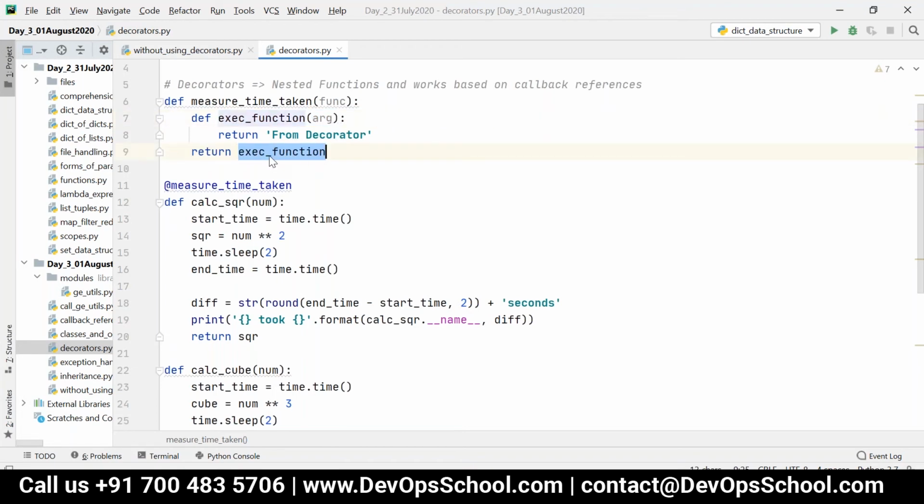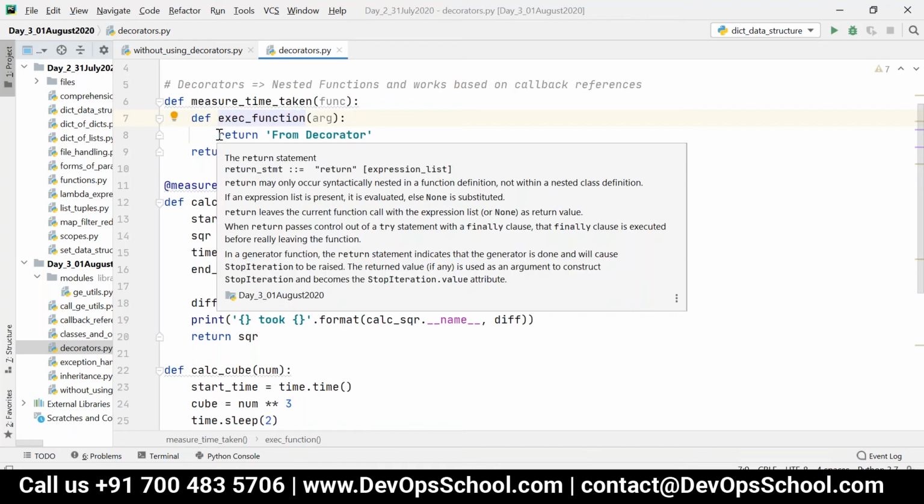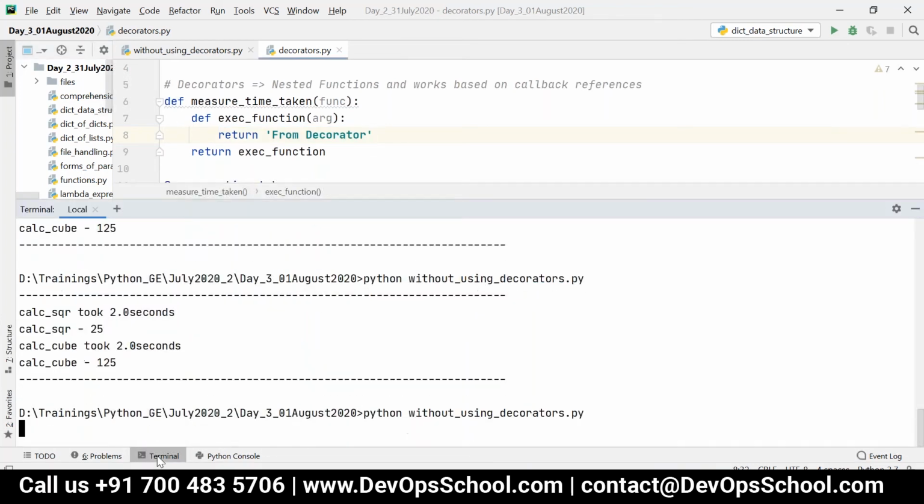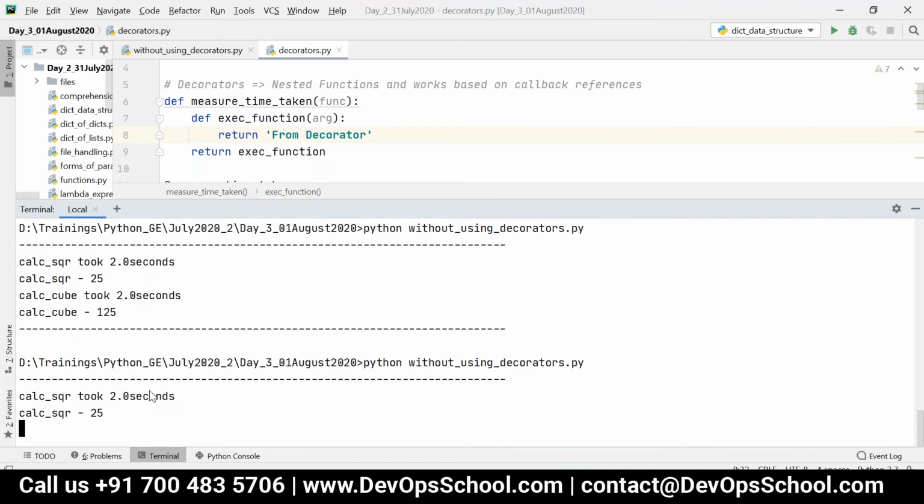From line number 9, this exec_function will be called, and whatever statements you have written within exec_function, only that will be executed, nothing else.